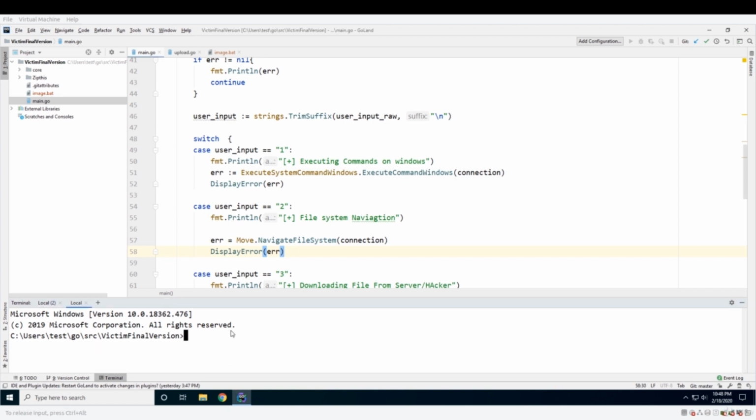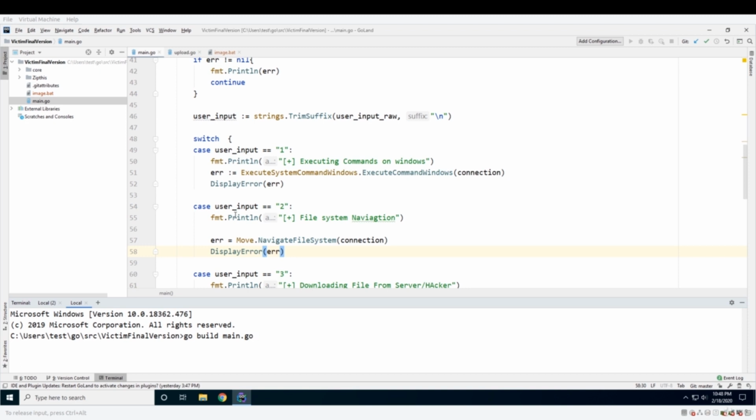The first thing we need to do is go into the terminal, and then run a command called go build main.go. What this command does is create an executable that contains all the dependencies and everything in one file called main executable, and then we can ship this executable to any victim we want and run it from there. It's not going to be very easy to trick him into running this main.exe file,